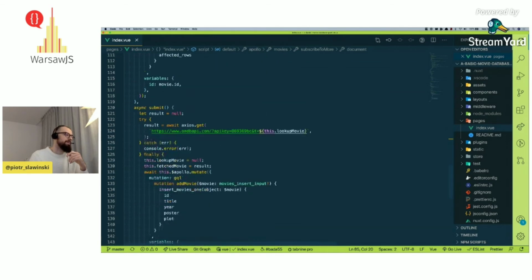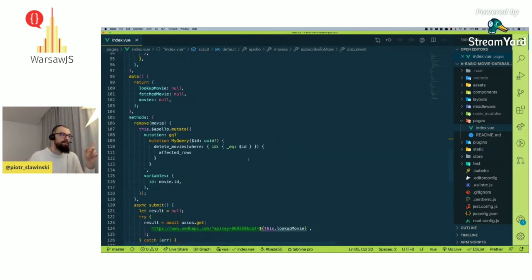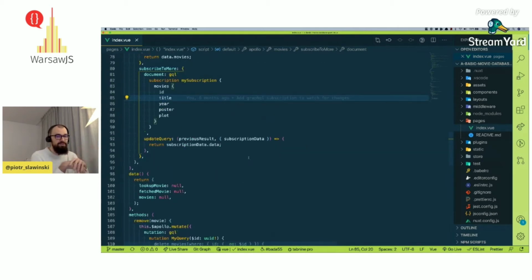And also the part responsible for the third-party API I'm using for the data gathering of the movie database.